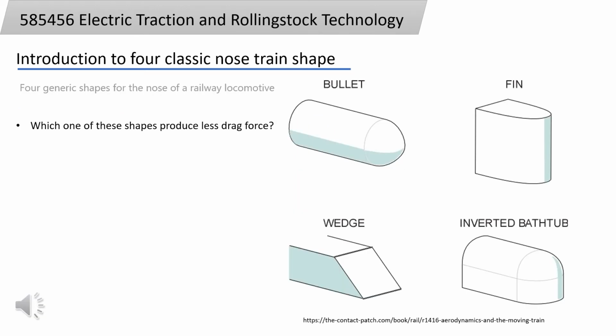For this slide, we want to show an introduction about the four classic nose train shapes. We need to show you the four types of nose train shapes in this picture. In picture one, it shows the billet shape. In the second one, it shows the fin shape, then the wedge shape, and the last one is the inverted buttock shape. All of them are related to the velocity, the pressure, the coefficient of pressure and the drag